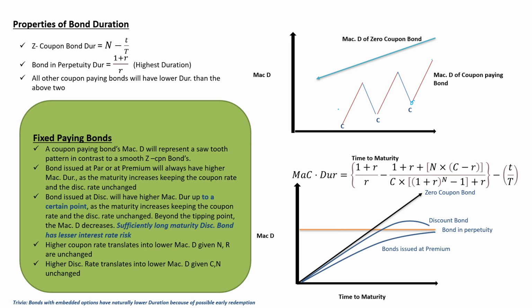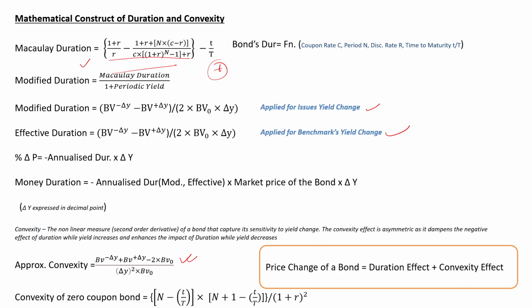As far as the zero coupon bond is concerned, a zero coupon bond has its Macaulay duration equal to that of the tenor itself, approximately. A perpetual bond will have its tenor till infinity, and hence its duration is measured at 1 plus r by r. It's very simple. All you have to do is, if you recall this formula, a bond